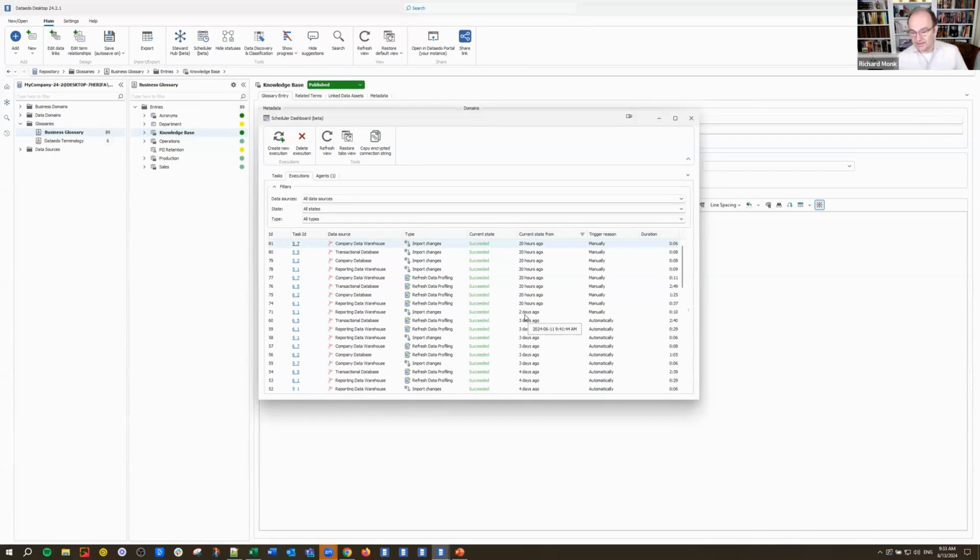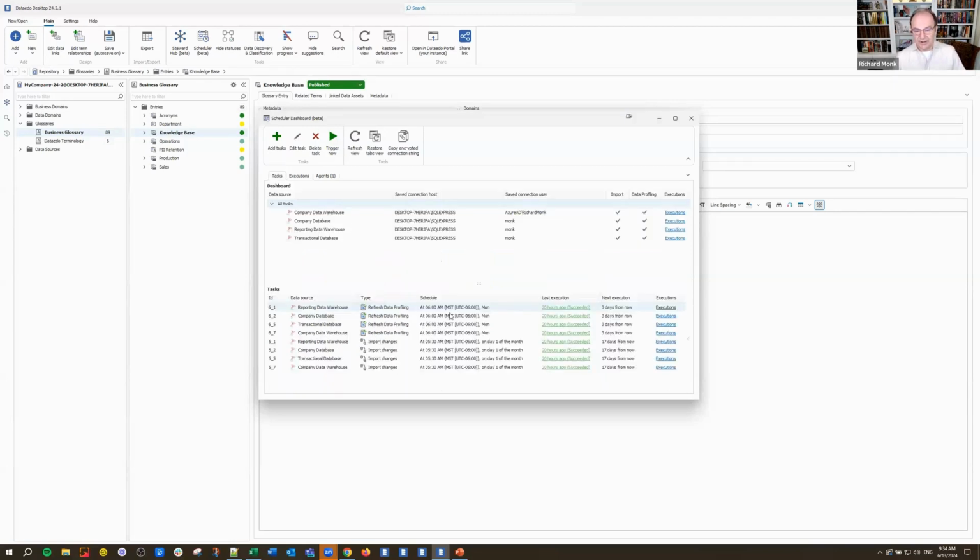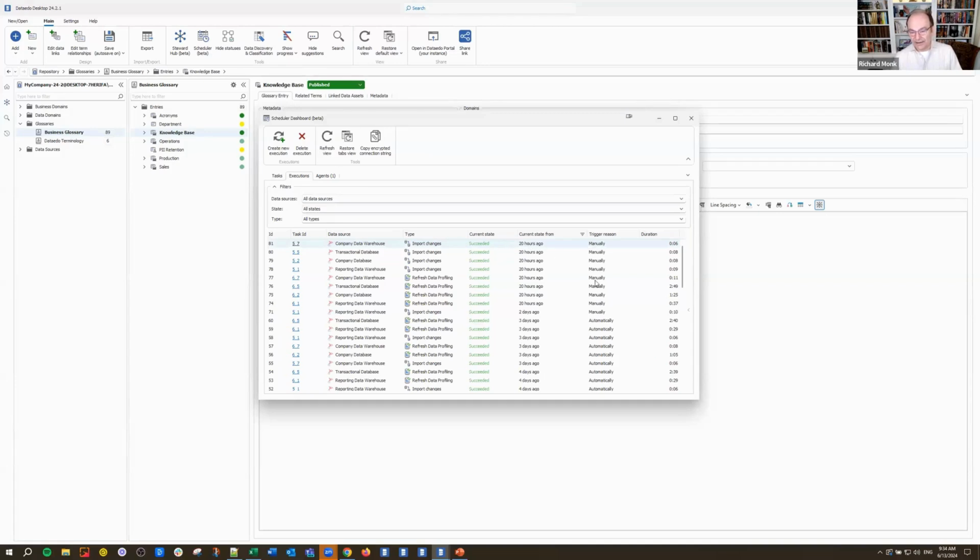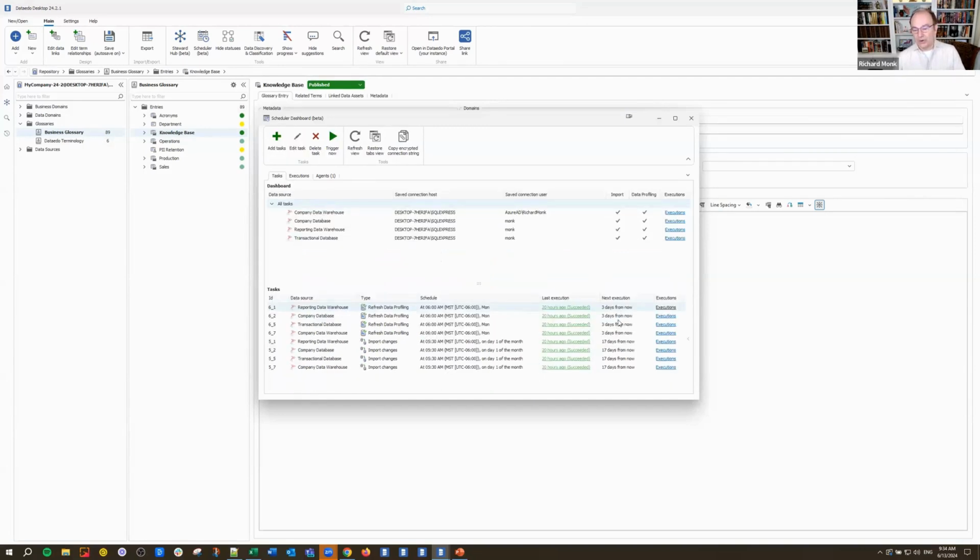And then I changed the tasks. I changed it from running daily to what we see over here of running on Mondays and on the first day of the month. So we see I ran them manually to test them, but they haven't run on the automatic schedule yet. Monday hasn't come around yet. The first of the month hasn't come around yet. So this is telling us what has happened in the past. Over here, of course, we see when will they run. These will run 3 days from now on Monday. These will run 17 days from now on the first day of the month.